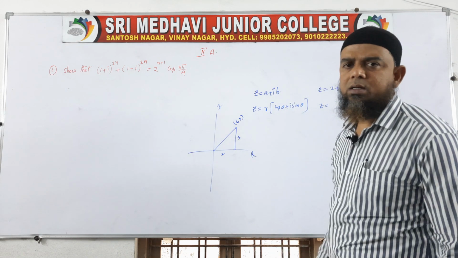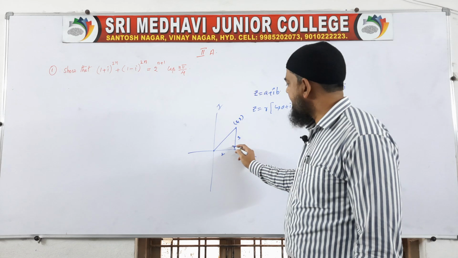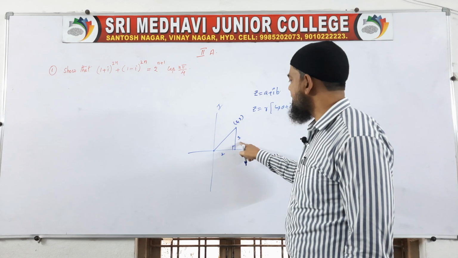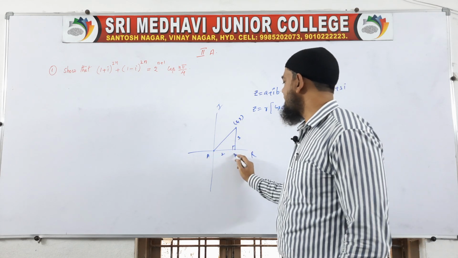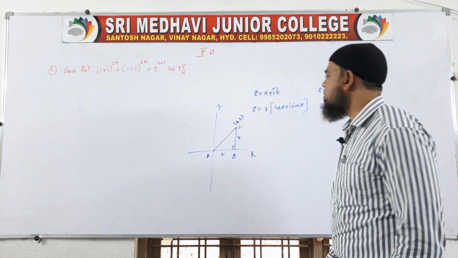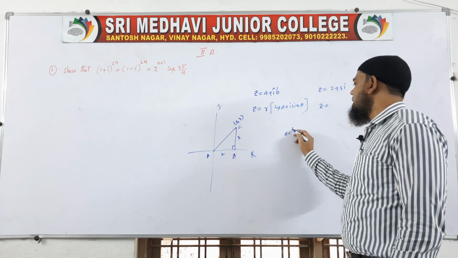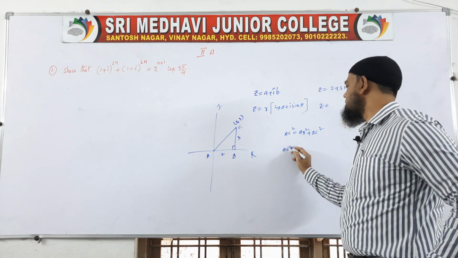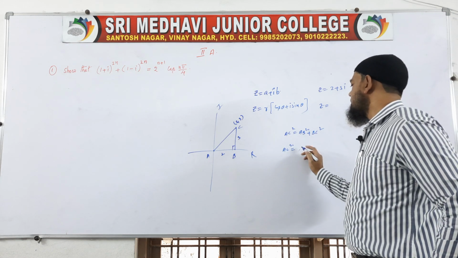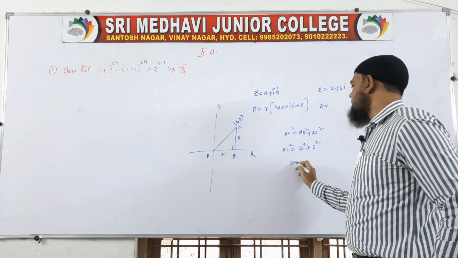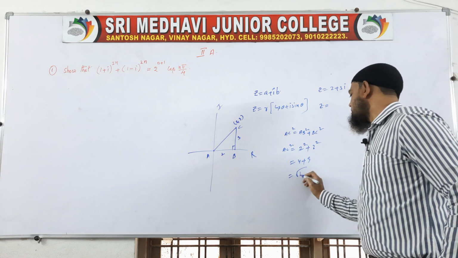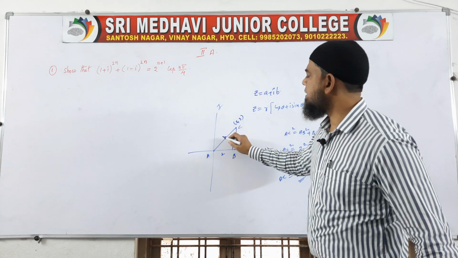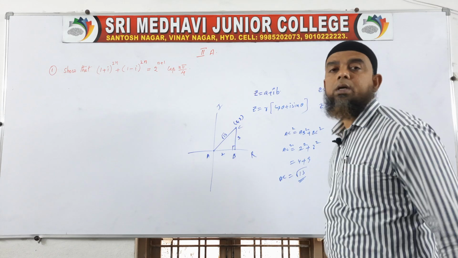When I apply the Pythagoras formula, this is the hypotenuse here, side square plus side square, 2 square plus 3 square. See, actually I am taking the names here, A, B, C. What is the Pythagoras formula here? AC square is equal to AB square plus BC square. AC square is equal to 2 square plus 3 square, that is 4 plus 9, under root 13. So, AC is equal to under root 13.